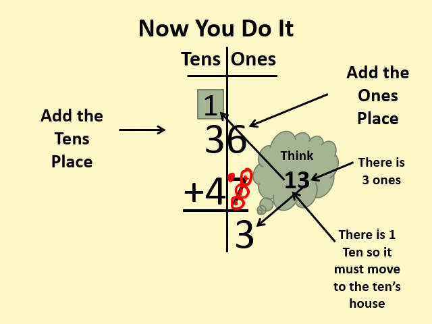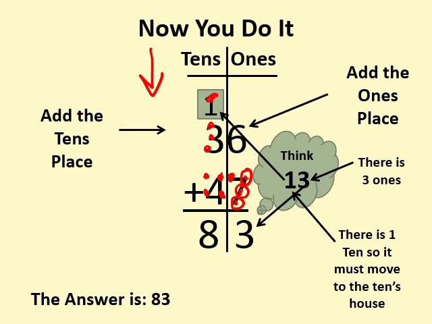Now I'm going to add the tens place. I'm going to start at the top and work my way down. 1 ten, 2, 3, 4 tens, 5, 6, 7, 8 tens. Now I have 8 tens and 3 ones, so my answer, the sum, is 83. So this is the last one that we did. If you need to rewatch it to get those steps firm in your brain, that's fine. Or watch another video, try some more on your own, check them with a parent or a